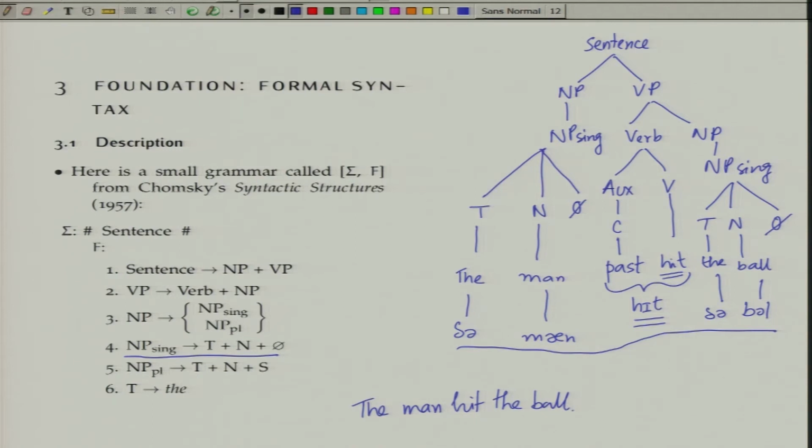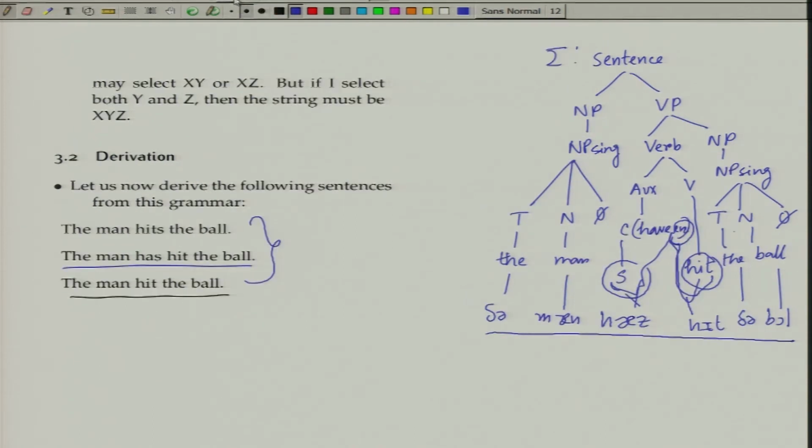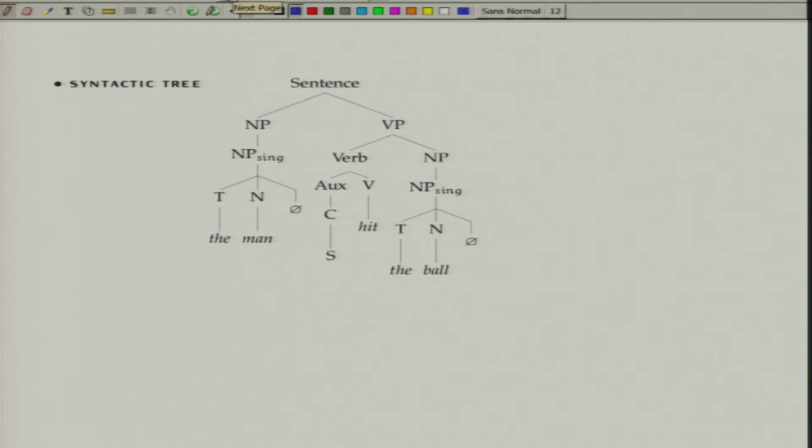So here is the tree for the first sentence: the man hits the ball, and so the last strings are not there. We can just write those things. So actually this is given by Chomsky himself in his Syntactic Structures, but we can, as I have shown, derive it either way. We can either use the phrase structure rules and the rewriting rules, that is, we can physically